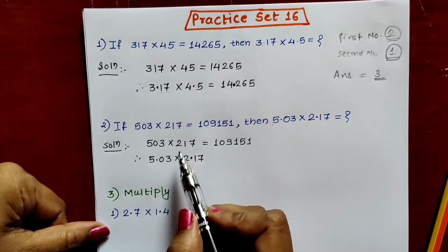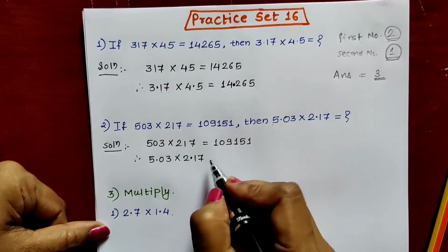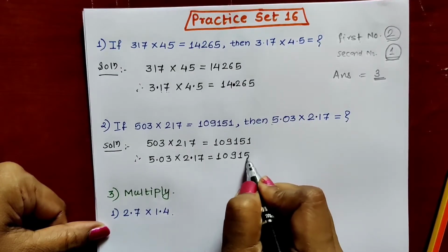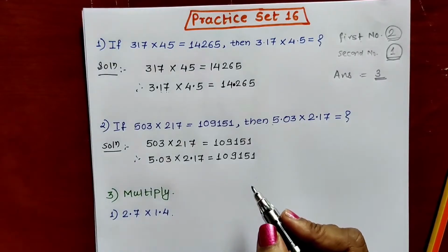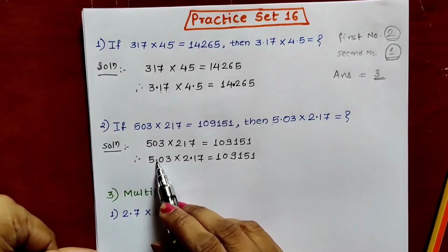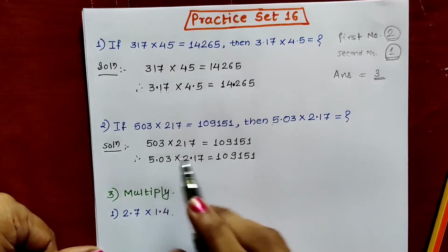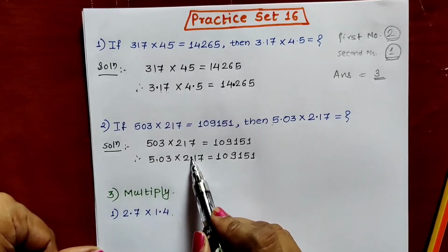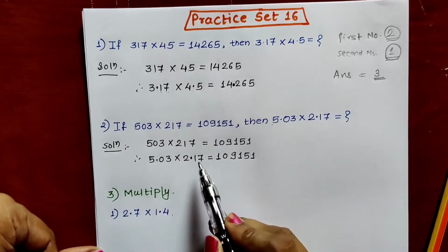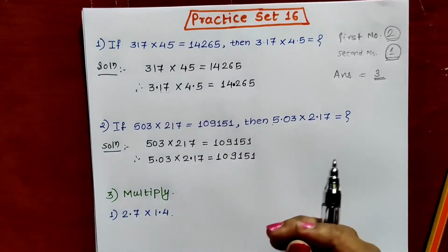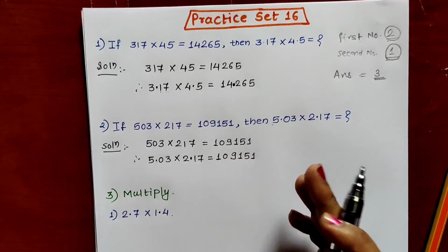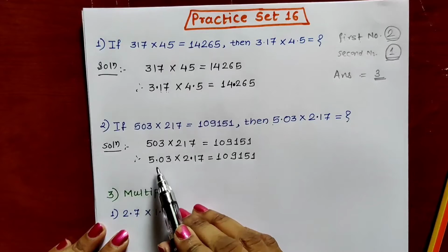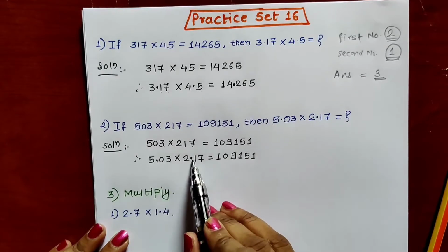Here in the previous multiplication decimal points are not there, but while writing the answer we will copy down this answer as it is, 109151. Write the answer as it is. Now we have to put the decimal point. Now see children, in the first number after decimal point there are 2 digits on the right hand side. Okay, 1 2. Then in the second number also after decimal point there are 2 digits on the right hand side. You have to check the digits on the right hand side only. Do not check the digits of the left hand side of the decimal point. So on the decimal point's right hand side 2 digits here also and 2 digits here also.